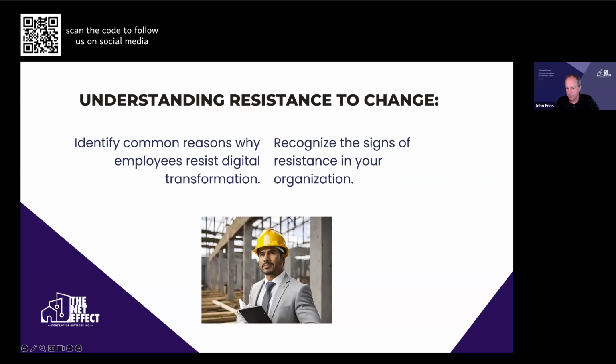And it's common. I mean, who wants to go learn a new program? Some of them probably just figured out how to do what they're doing the way it was, and now you're offering change. But the key point is to ensure that they understand that it's going to make their lives easier, it's going to make the company more profitable, and they're going to have more fun doing their job.